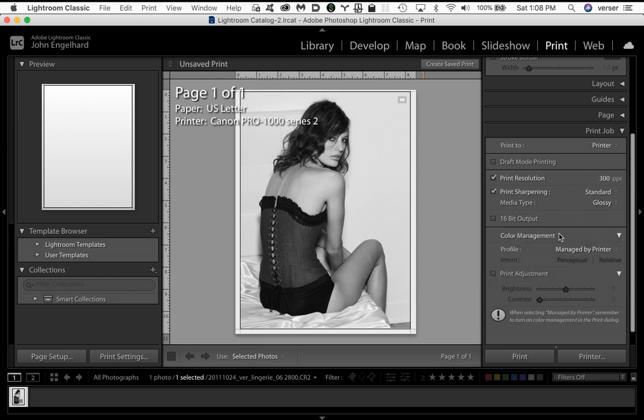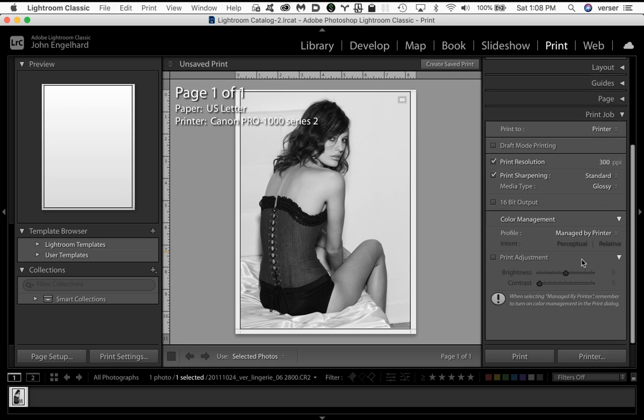Again, what we're going to now be doing is leveraging the black and white printing software in the Epson print driver. So again, I'm going to set it up right here to say that. Again, you wouldn't want to do any contrast or brightness adjustments here. If your image needs to be changed, it needs to be changed in the develop module and then brought into here. So then again, like we just did before in the color printing, your next move is over here to